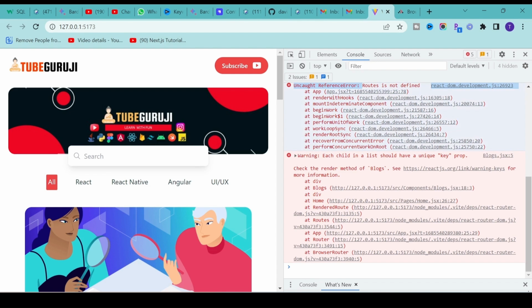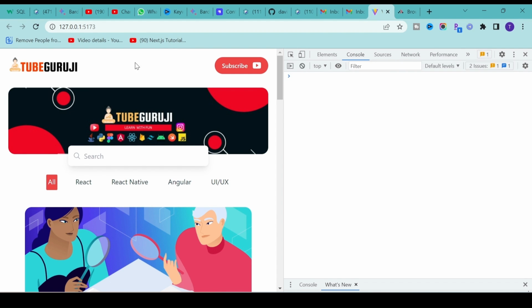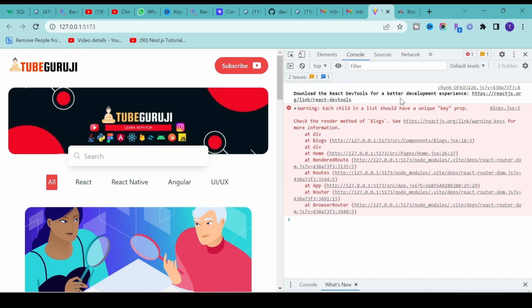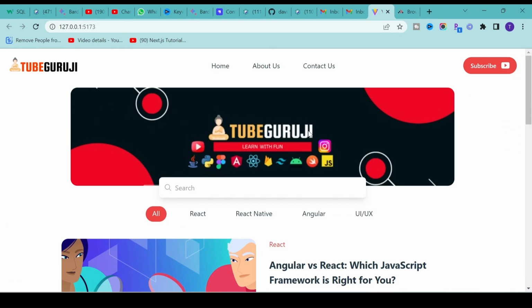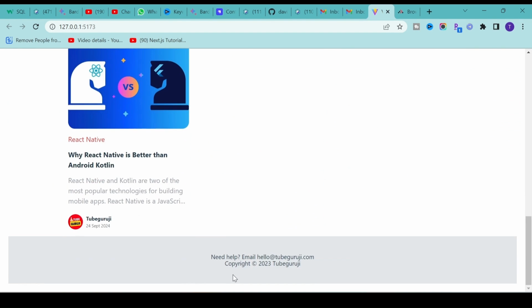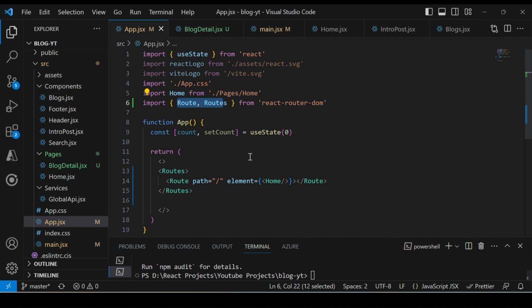Now go back to our application, just remove this console, refresh the screen, and you will see you don't see any of this different error. We will remove that later on. But if you see, it jumped to the default home page, right? Because we gave the path just as a slash. Okay, now another route. So if I just copy paste the same line of code, but here in this case